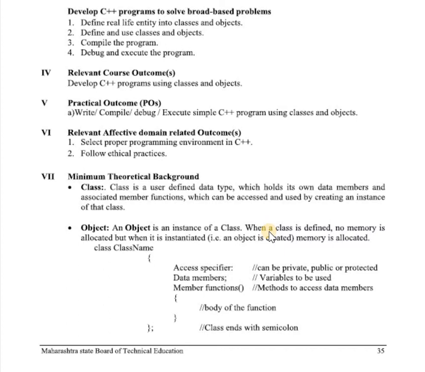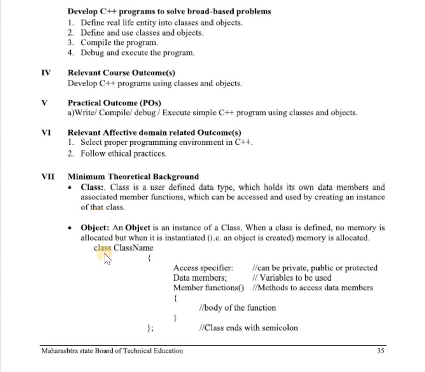Consider any real-time entity as an object. C++ is an object-oriented language. The feature of C++ is that it is object-oriented, that means everything is considered as an object in a C++ program. Let's see the syntax for declaring a class and object. How to declare a class in C++? At the time of the lecture, we will see how to define a class and object.